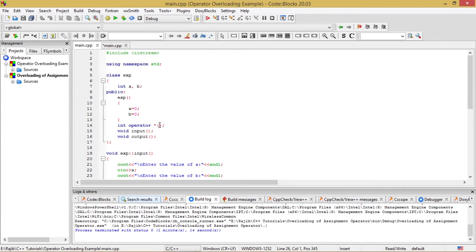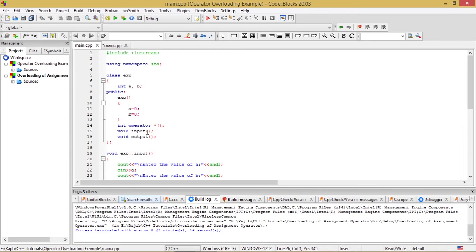Only one argument is required, and that is being passed by this pointer, that is by the calling object, to this argument list as an implicit parameter or an implicit argument. So we are not going to supply any explicit argument to this operator function. So apparently there is no argument as such in this function prototype.